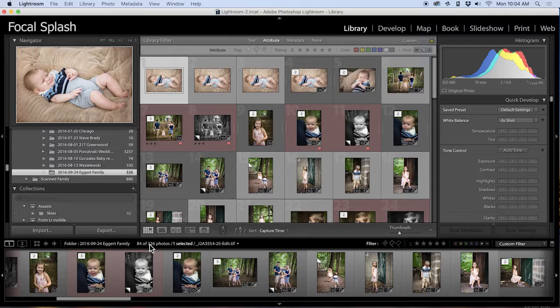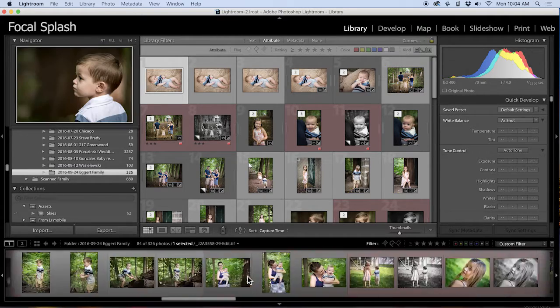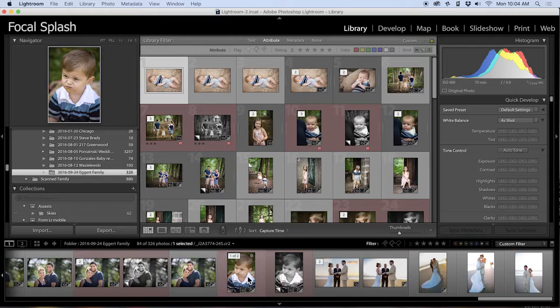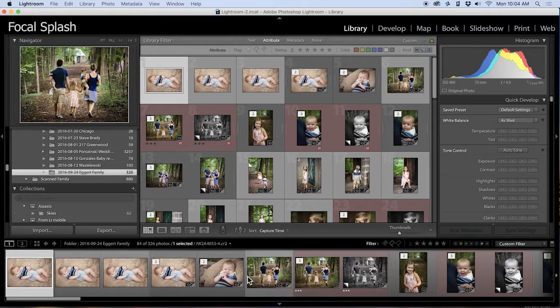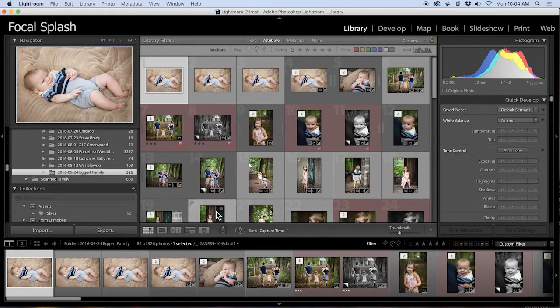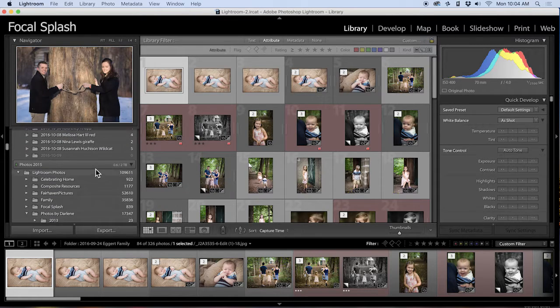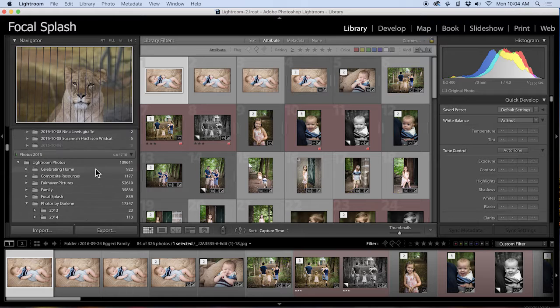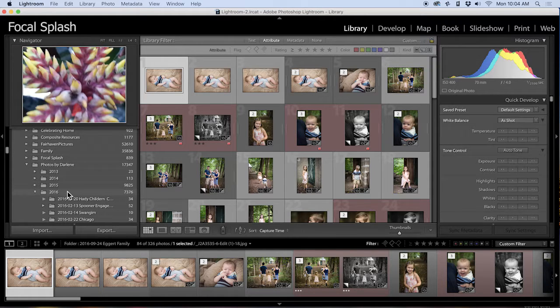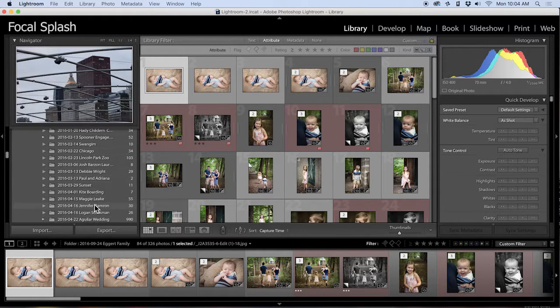See, we took 326 pictures and there's only 84 that are left after the culling process. And eventually I will delete those to save space on the hard drive, but I don't need to delete them yet. I could just hide them. And so that's the way I run my catalog and categorize it by year and then the date and all